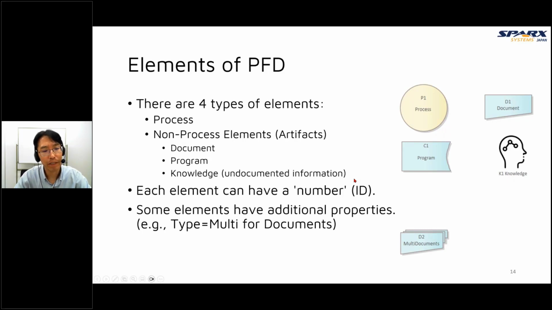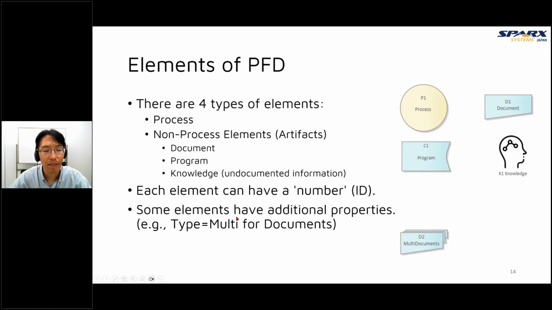Knowledge is very unique to this process flow diagram. It's undocumented information. And each element can have a number or ID. In this case, this process has the ID P1, this document has D1, this program has C1, and so on.